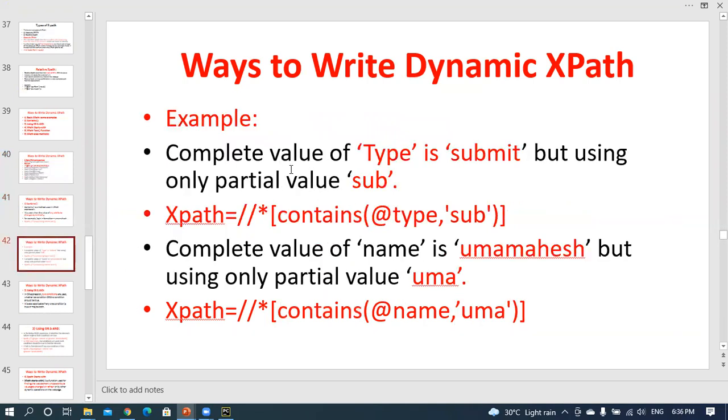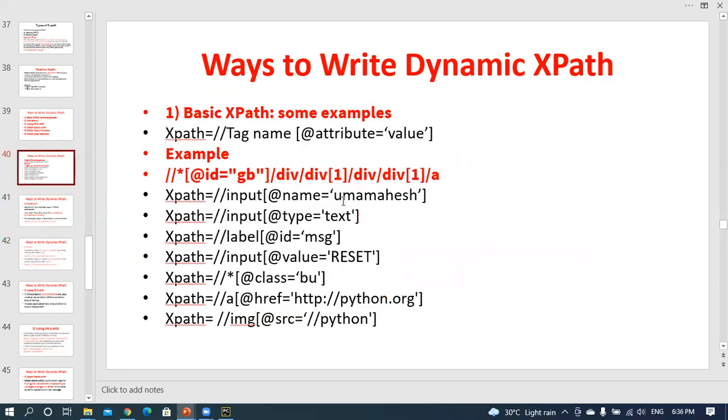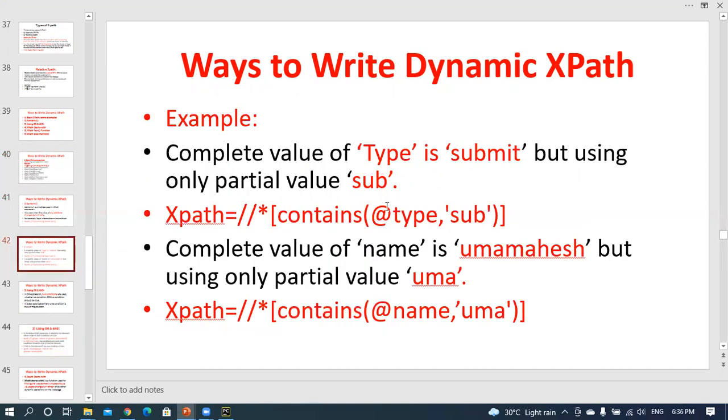For example, the complete value of type is submit, but using only a partial value. Star contains, that means the sub-value contained in a tag. Here type is the attribute. Will you identify the difference between an ordinary XPath and contains? In an ordinary XPath you give the entire value, but in this case you give only a sub-value.